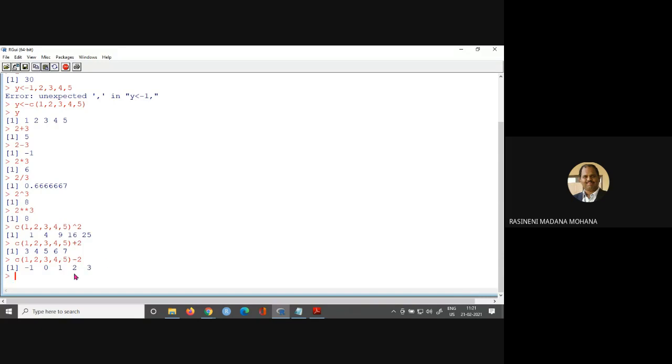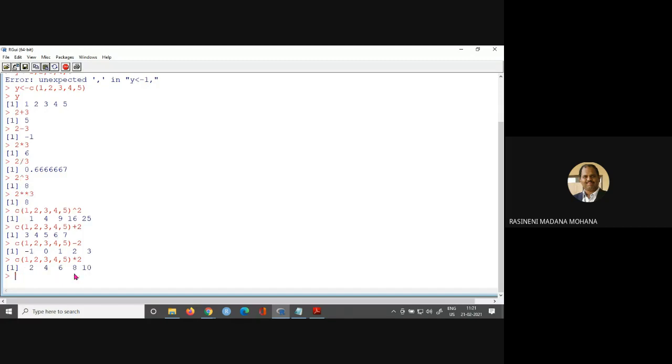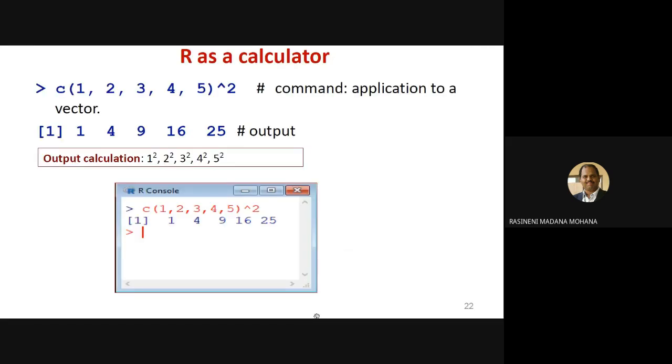Again, if you want to multiply with a particular value, suppose I want to multiply all the vector values with 2: 1 into 2 is 2, 2 into 2 is 4, 3 into 2 is 6, 4 into 2 is 8, 5 into 2 is 10, and so on. So like that, with multiple values, you can perform arithmetic operations like a calculator using the c command.